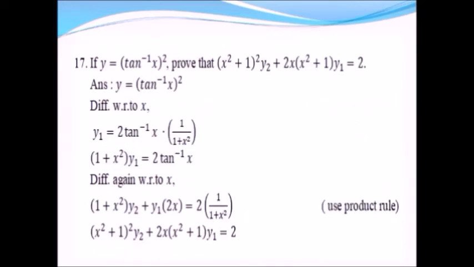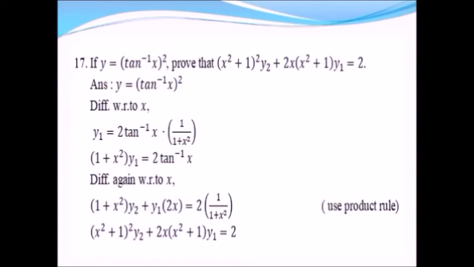Question number 17. If y is equal to tan inverse x whole square, prove that x square plus 1 whole square y2 plus 2x into x square plus 1 into y1 is equal to 2. See here the notation used is y1, that is the first order derivative, y2, that is the second order derivative, and I am using same notations, and within 5 steps I am trying to get the answer in one of the very important problems. So I will start with y, given function, that is y is equal to tan inverse